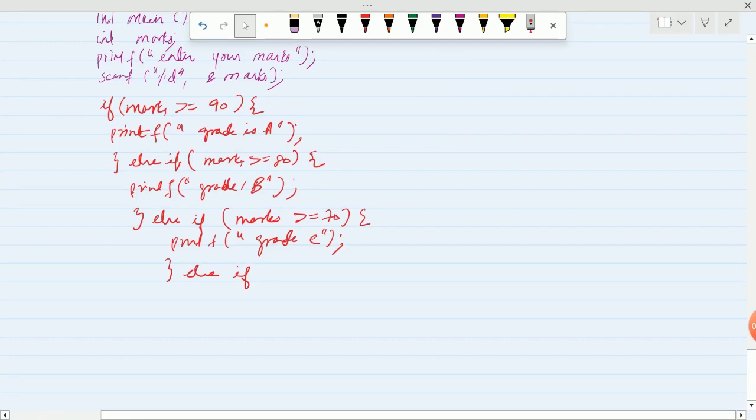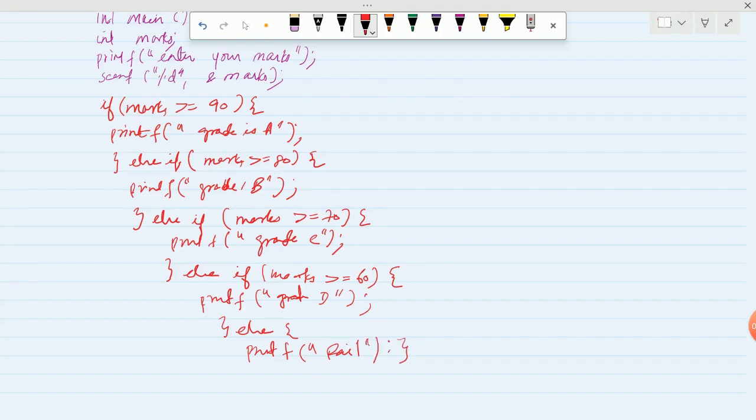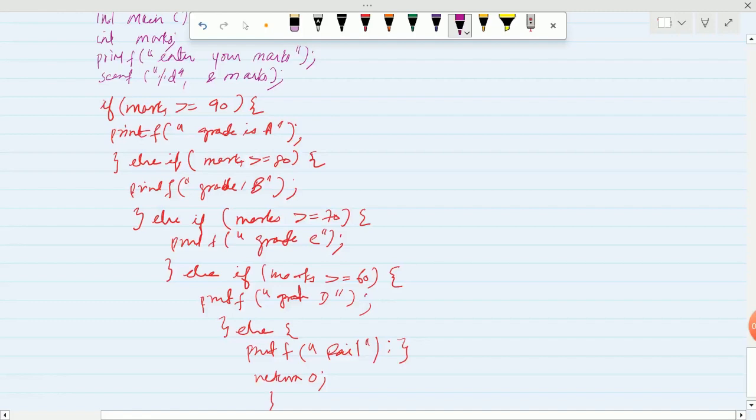Else if marks is greater than or equal to 60, printf grade D. Else, printf fail. Then return 0. So now you see,